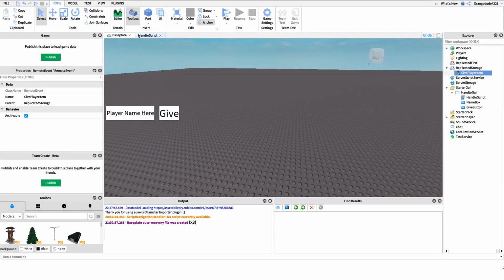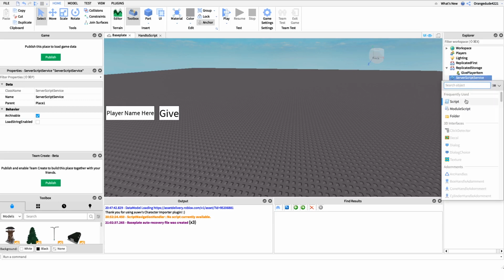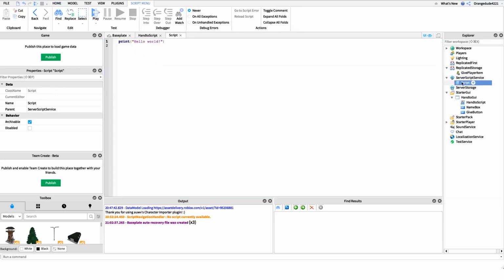So that's it for the local script. Congratulations if you've made it this far. I know it's tough to follow along sometimes. But now we can actually go to the server script, and this is the really easy part. It's 4 lines. So I'll create a new server script under server script service, and I'm just going to name it givePlayerItem,